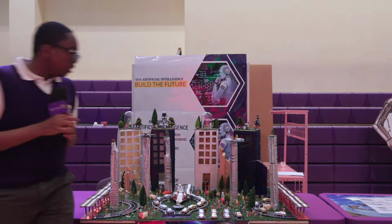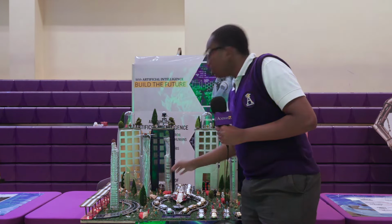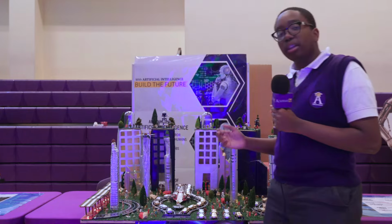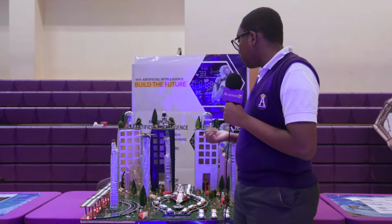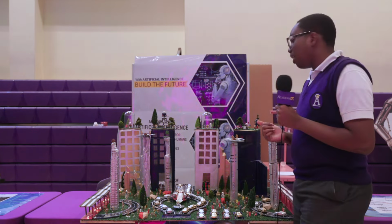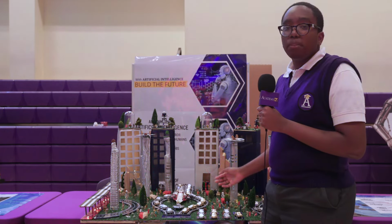First of all, you might notice the weird layout of this whole city. This is not by design. You see, to make this city, we asked an artificial intelligence model, ChatGPT, what it thought New York City would look like 100 years from now. And this is largely what it came up with. It came up with walkable spaces of nothing that we had to fill up. So we made some